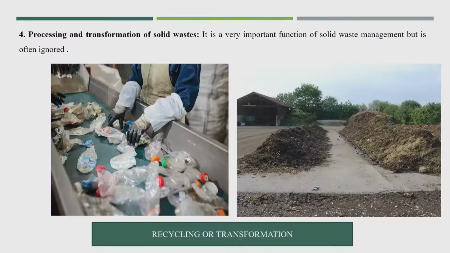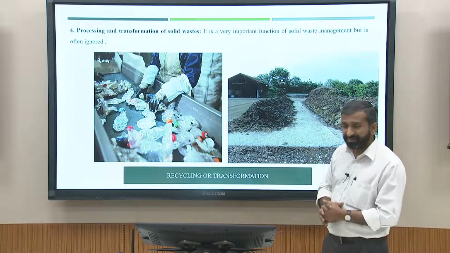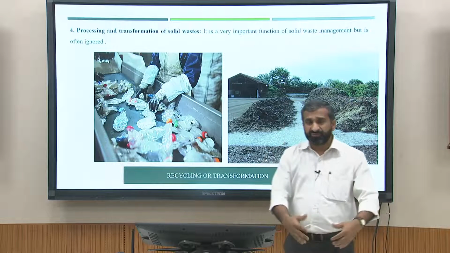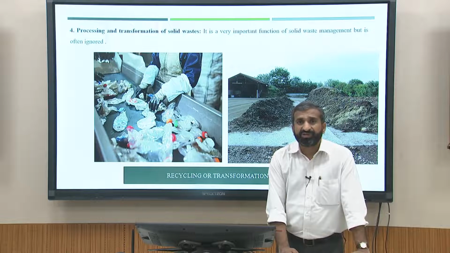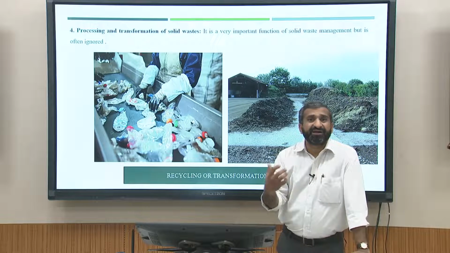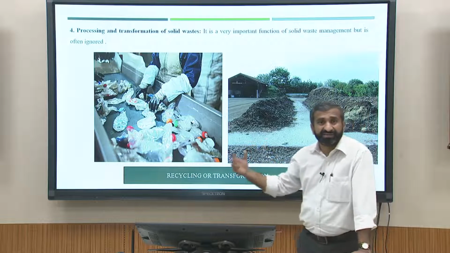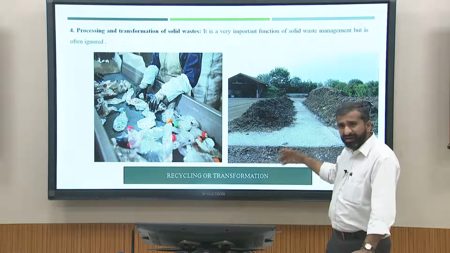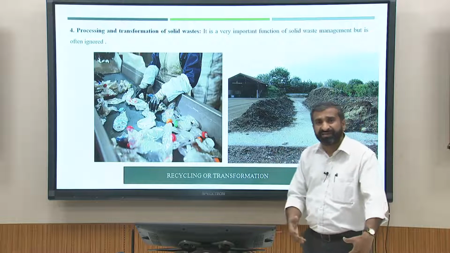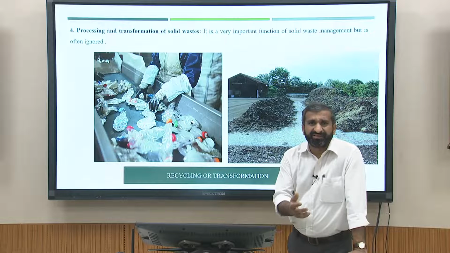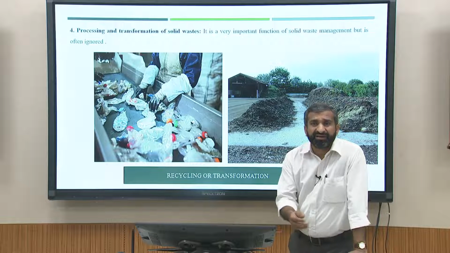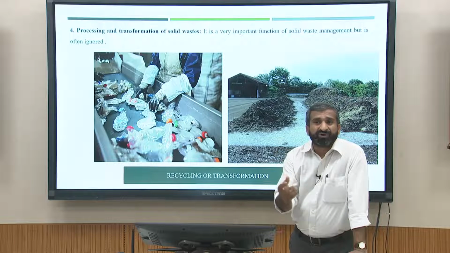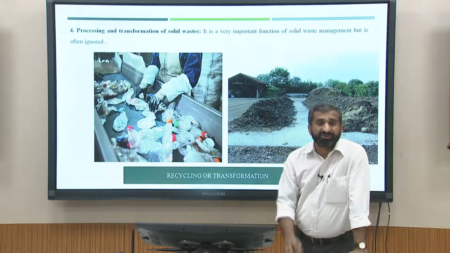For wet waste, if it is segregated, we can easily go for biological treatment. I put one photograph showing a windrow composting facility. Now, what is happening in India is that we do not have proper segregation at the source, so the entire mixed waste is coming to the treatment facilities or recycling and transfer facility. So, we had a lot of windrow composting plants in India, but it was very difficult to run such composting plants. We failed, and were not able to produce a large amount or good quality of compost,